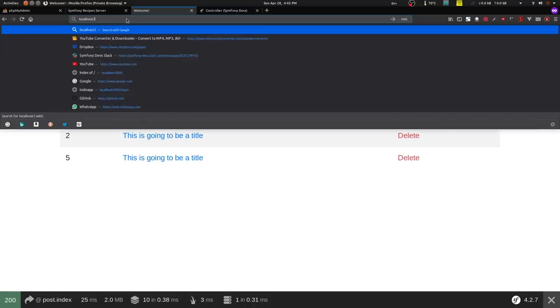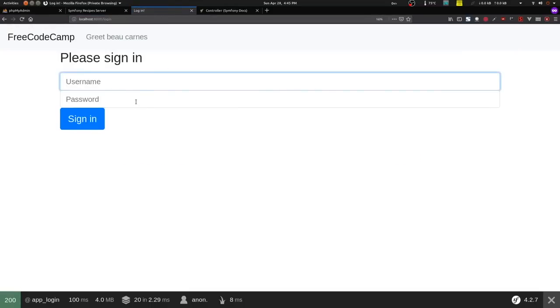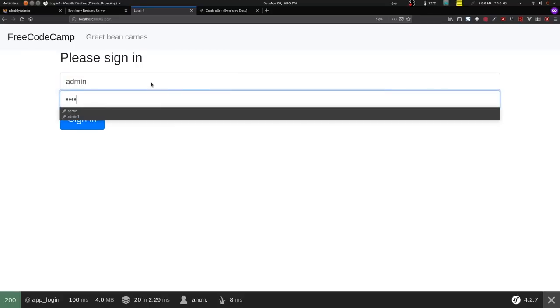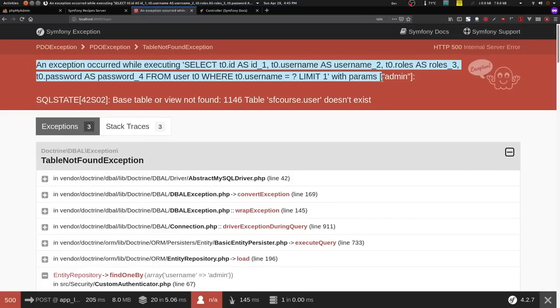So if I go to /login, okay, that's what I tried to do. So login. As you can see, we get a username and a password prompt. So it's going to ask us for that data. So whatever I enter right now, it's not going to work, obviously, because we have nothing. As you can see, it's going to tell me that there was an error when it was trying to go